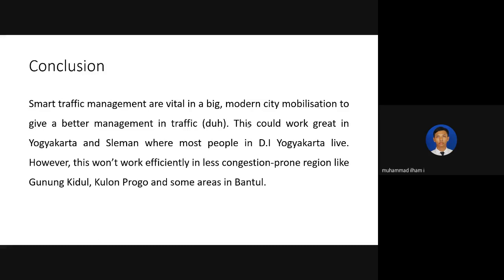However, this system couldn't work efficiently in less congestion-prone regions like Gunung Kidul, Kulon Progo, and some areas in Banten because there are fewer people living there compared to Sleman and Yogyakarta. I think that's my presentation. If you have any questions.